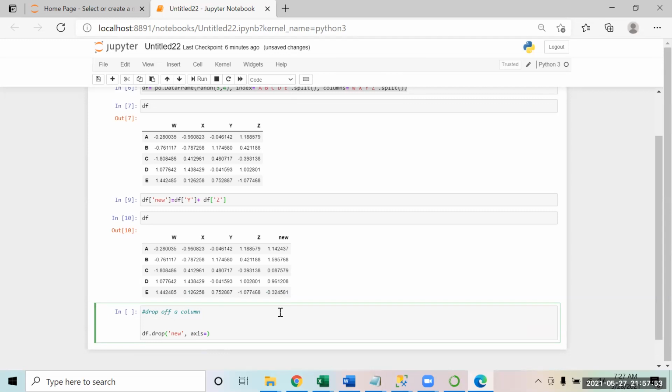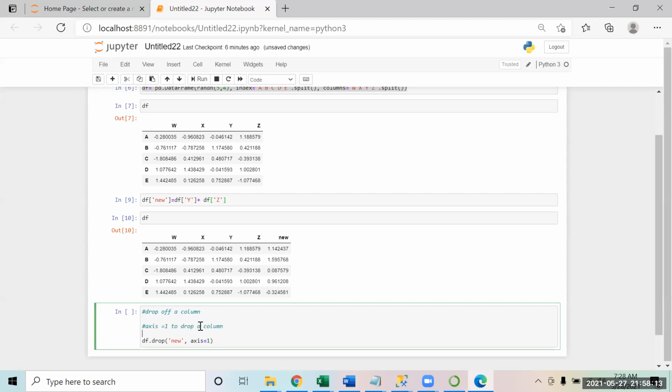Because if you want to drop a column, you will say axis equal to 1, so it is going to search in the columns and drop new. If you want to drop something in the rows, you will write 0. So axis equal to 1 to drop a column, and axis equal to 0 to drop a row.